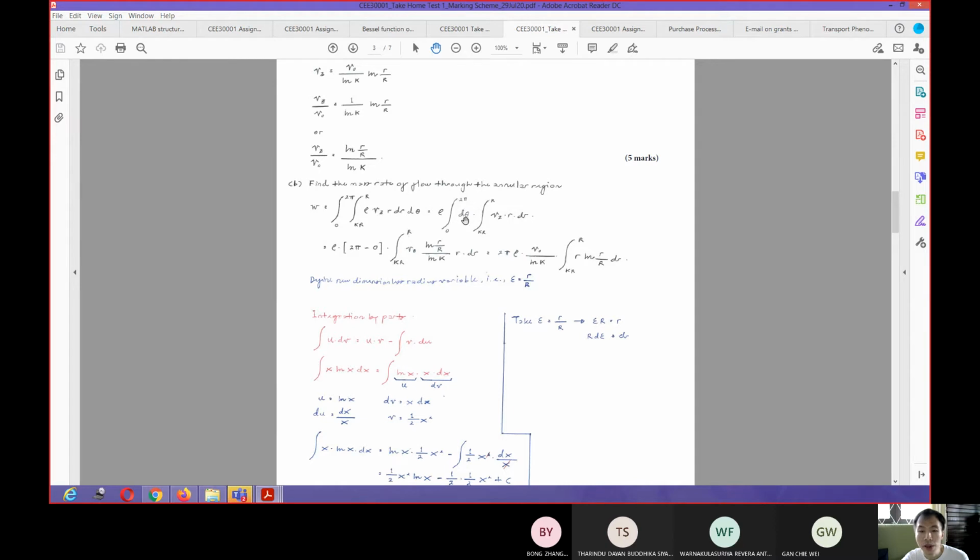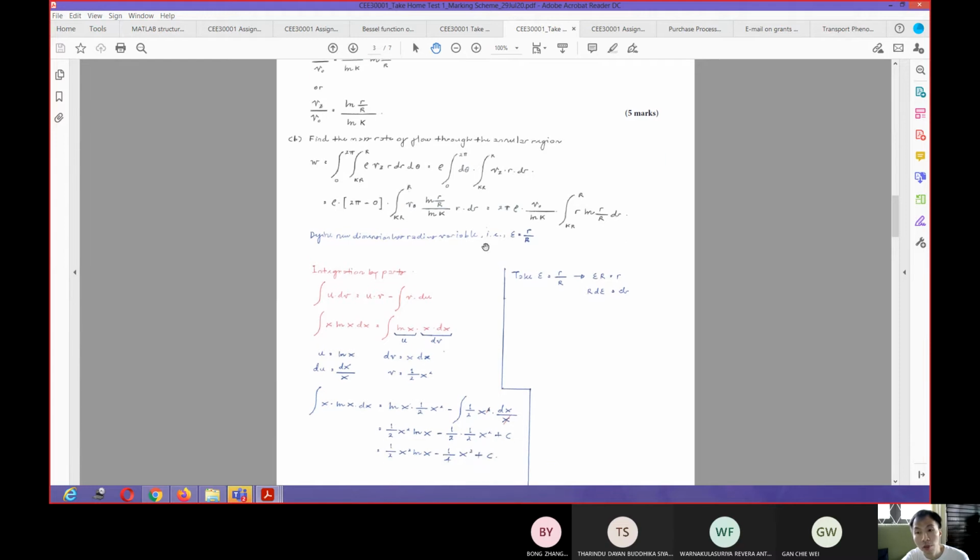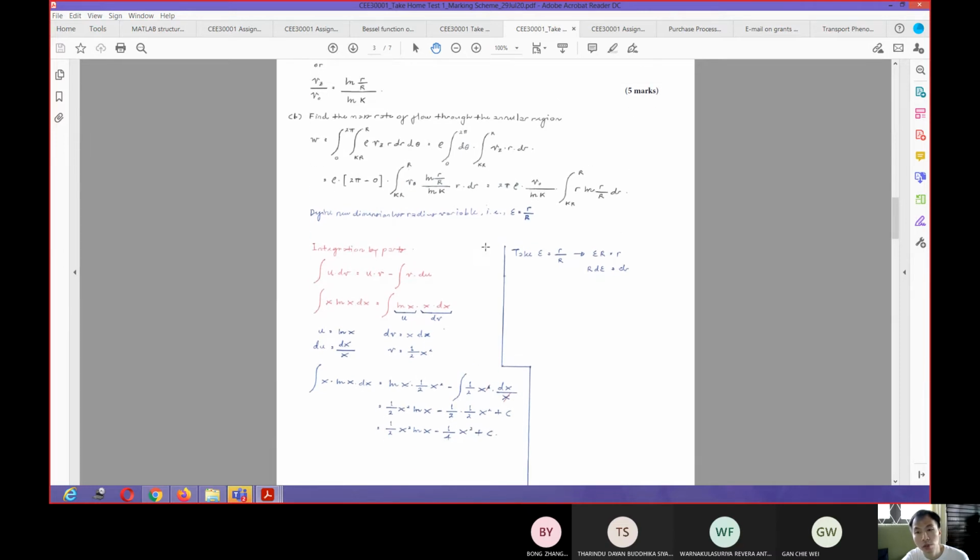This particular variable, this d theta or the angle, is not dependent on the r direction, so they can be split. But some of you may omit this one. I don't want you to omit this one. You need to show me how you get this one. Okay? If you omit this, then I will deduct your mark accordingly. I want to see everything step by step, because to me, it's not just the final answer that is important, it's the process itself.